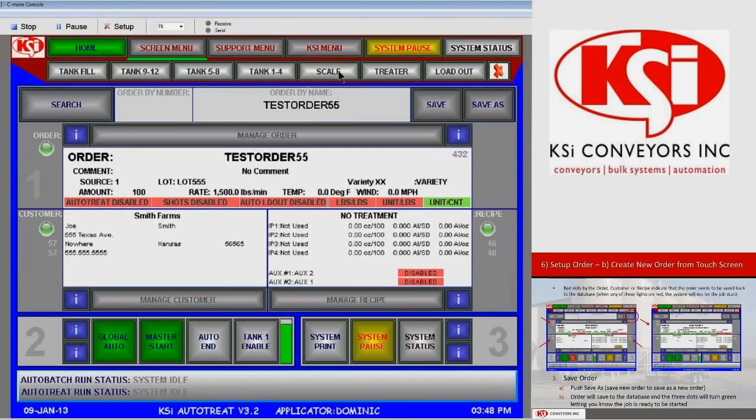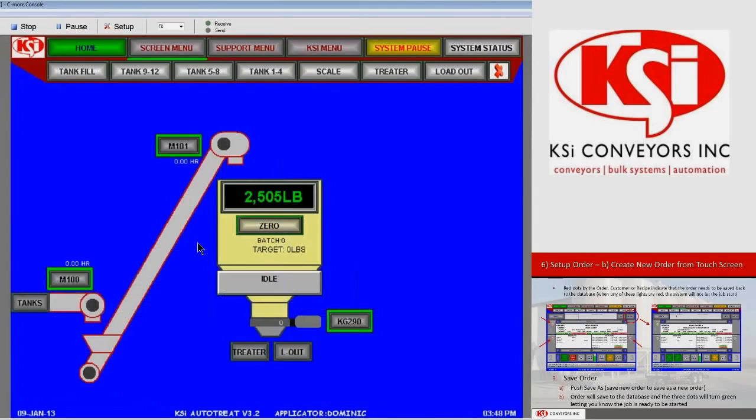We already have 2,500 pounds of seed on our scale. I'm going to navigate to our scale screen and show you that. We have 2,500 pounds of seed already on our scale from our pre-act procedure. We're going to leave that there. That's okay. If you would run an order for 2,500 pounds, the scale, once you start the order, the system would look at the scale and see that it already has satisfied the requested seed amount and would not ever open a seed source or request seed from a seed source. In this case, we're going to request seed from the seed source, and we're going to run 2,500 additional pounds